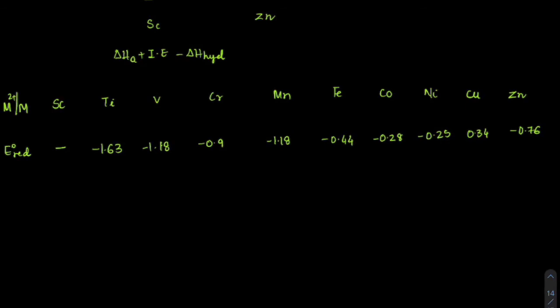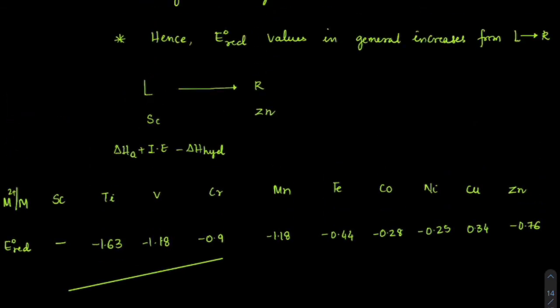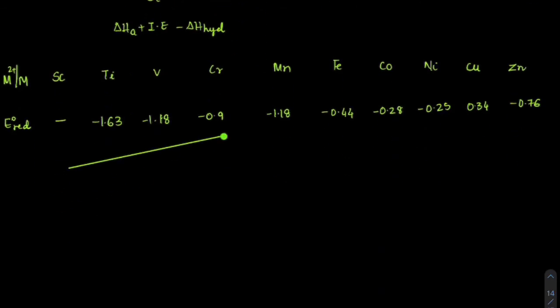Got it? So what we observe here as a graph, if at all I draw, there is a nice rise here, which is making sense because from left to right, this part is dominant as ionization is increasing. Then there is a dip towards manganese here. So there is a dip in the value here. Got it? And from there again there is a rise, towards nickel here. Up to nickel there is a rise.